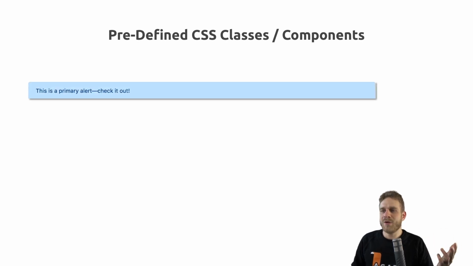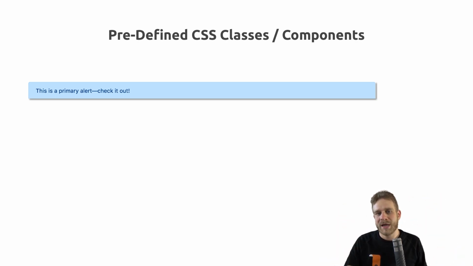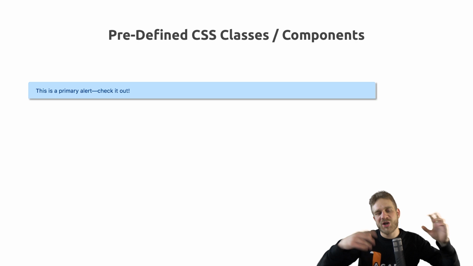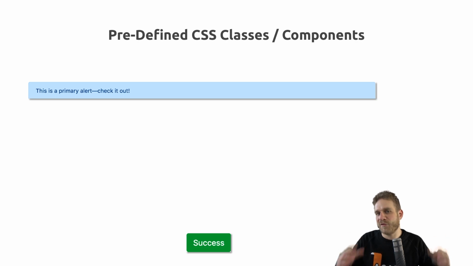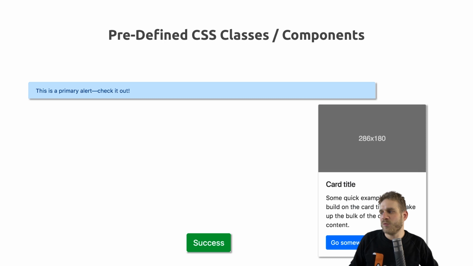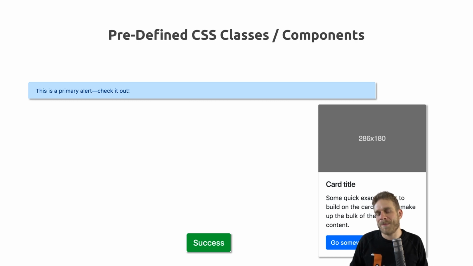For example, we have alerts in different colors which you can add. So this is just a div with a certain CSS class that makes it look like this. And we could add it on our page, maybe above our sign up form, and simply show it if we want to show some message to the user and draw his attention. We also got buttons in various colors, which have a default style that differs from the default style the browser gives you. And we have cards where we could add an image, some text and a button, so this card look which you know from a lot of web pages.